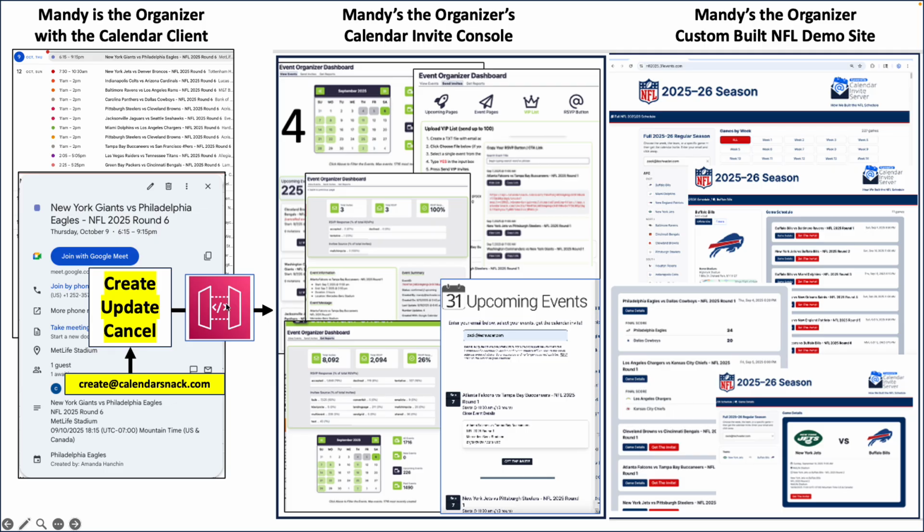Those APIs are illustrated in the organizer's calendar invite server console, which is Mandy's, and then Mandy went out and had a custom NFL site built using the APIs of the calendar invite server, and Arnie built out this stack for her. As I walk you through the demo series, the create, update, and cancels are all done with a personal calendar client talking to our API. The API is a Dropbox, and that data in the database of our calendar invite server on AWS